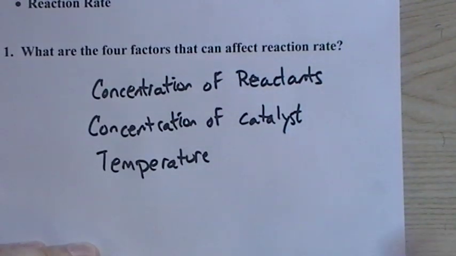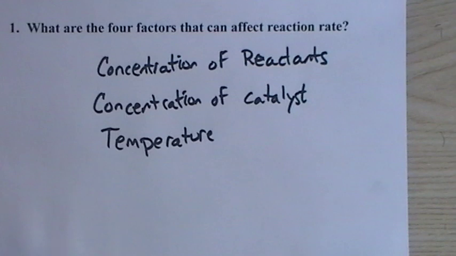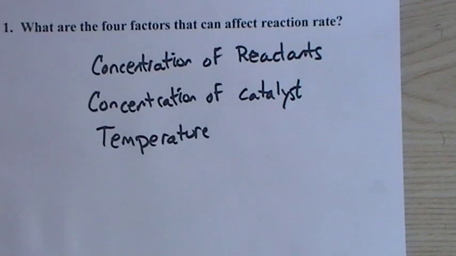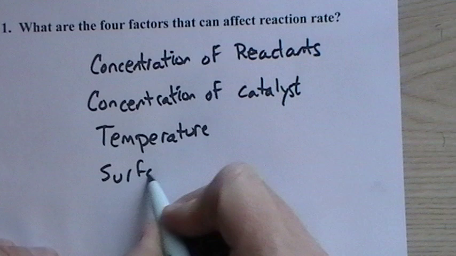Temperature. And temperature is fine. You can say temperature of the reaction. But temperature says all that we need to know there. When you say temperature, generally you can't make one reactant or one product hotter than the other. So temperature just means temperature of the system. That's fine. Surface area